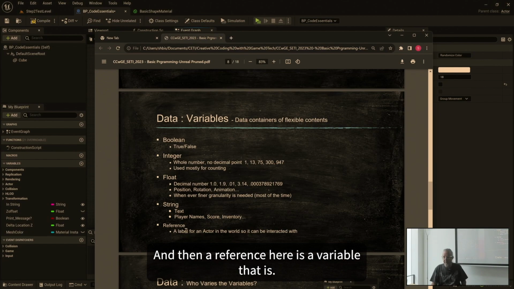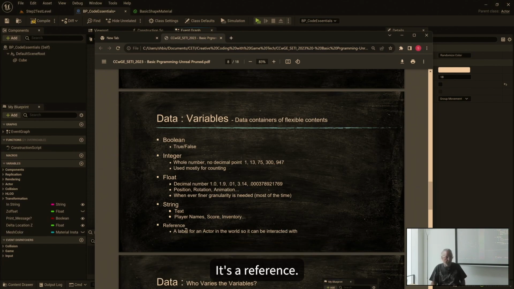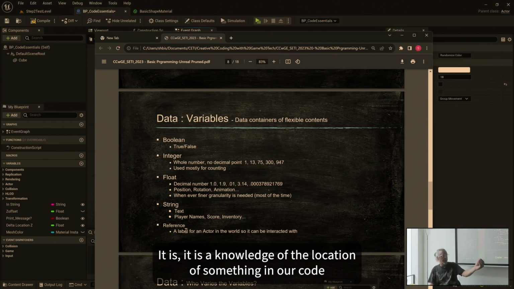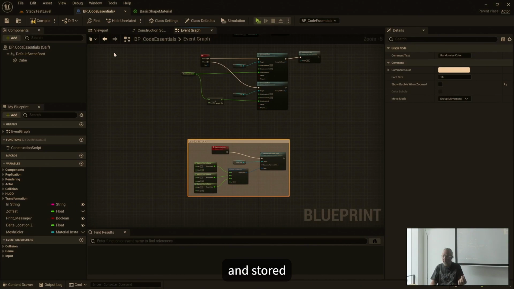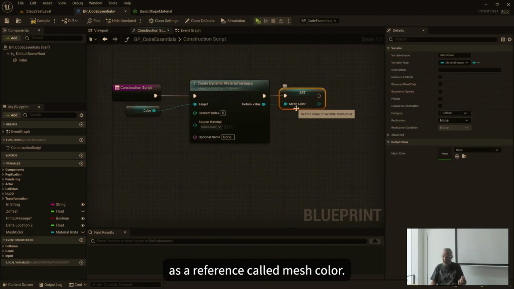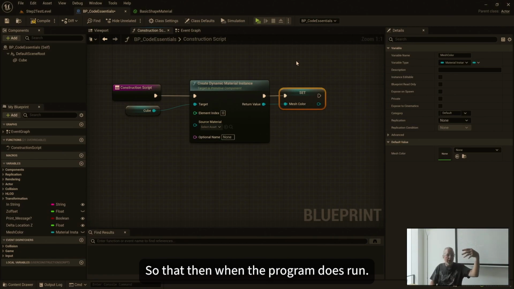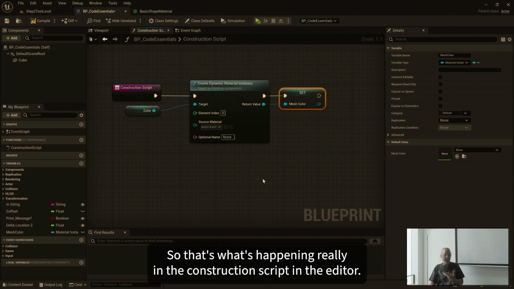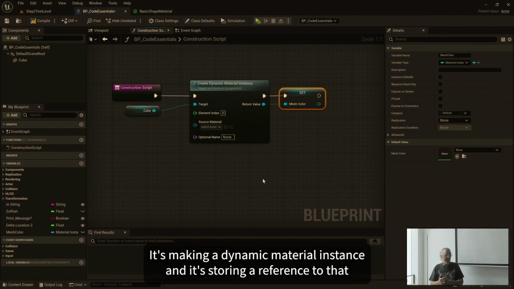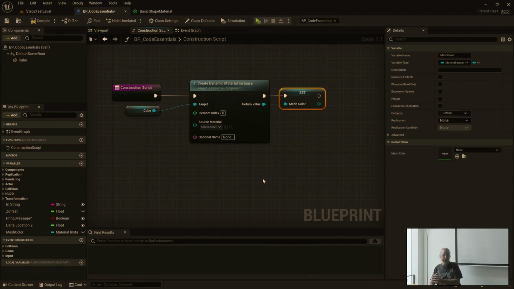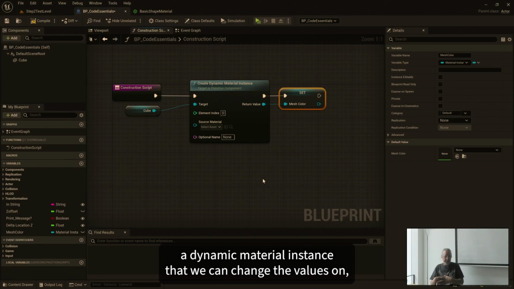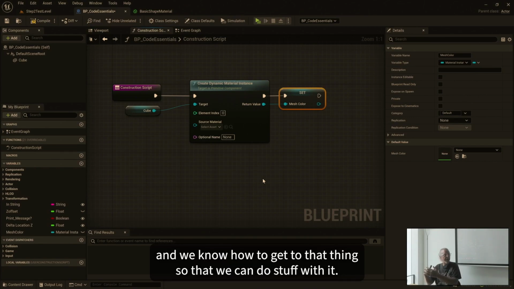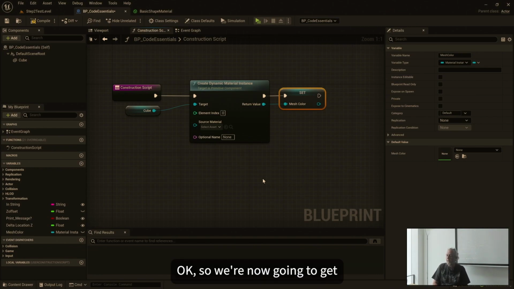And then a reference here is a variable that is a knowledge of the location of something in our code that we want to manipulate. In this case, it is the dynamic material instance that we created in the construction script and stored as a reference called mesh color. So what's happening in the construction script in the editor is it's making a dynamic material instance and storing a reference to that, so that when we run the code, the object will already have a dynamic material instance that we can change the values on, and we know how to get to that thing so that we can do stuff with it. Okay, so we're now going to